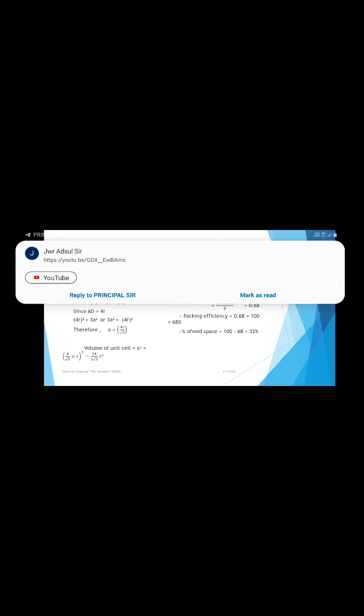The volume of one atom is 4/3 pi R cube. Again, we know that equation from lower standards also. So the atomic packing factor is equal to the volume occupied by atoms in the unit cell upon the volume of the unit cell. How many atoms are present there? 2 atoms. So the volume occupied by 2 atoms upon the volume of the unit cell is equal to 2 into 4/3 pi R cube upon 64 upon 3 root 3 R cube. If you solve that, you will get root 3 pi upon 8.